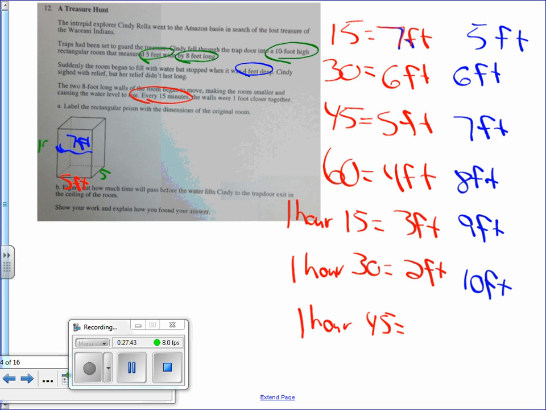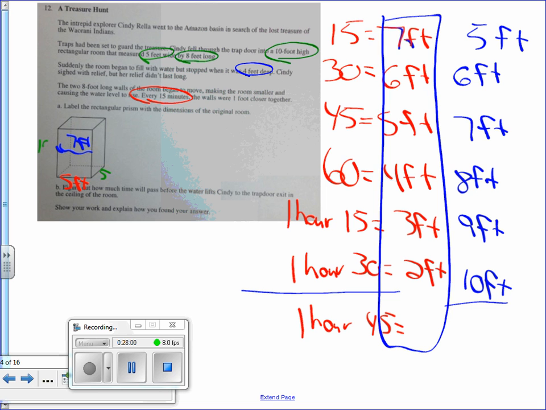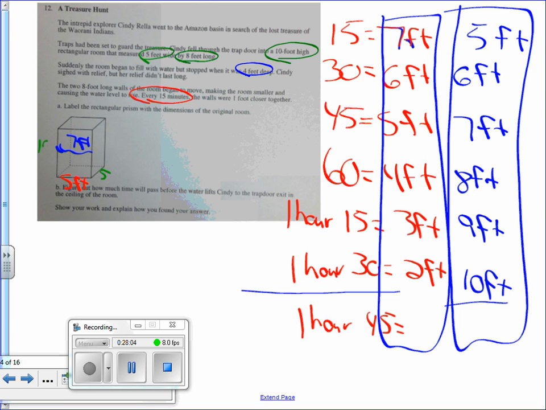So the question states, figure out how much time will pass before the water lifts Cindy to the trapdoor exit in the ceiling of the room. At 10 feet, 1 hour and 30 minutes. That's how you show your work. You need to make a table of how the room's shrinking right here and how the water level's going up. If you do that, it's going to be nice and easy. All right, hopefully this helped you with your